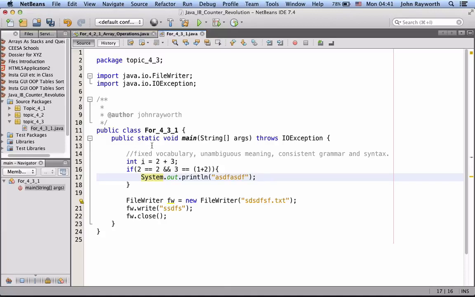You cannot mess with the vocabulary of a programming language because the computer's not made to interpret messiness. It's made to interpret specific things. Unambiguous meaning. There is only one meaning to each and every statement. It cannot be interpreted more than one way. So here we have a conditional statement. It is evaluating if those two are equal and these two things are equal. Of course, this is an expression itself, and so it knows what to do with this. 1 plus 2, when you have an integer on either side of the plus sign, it will do a specific